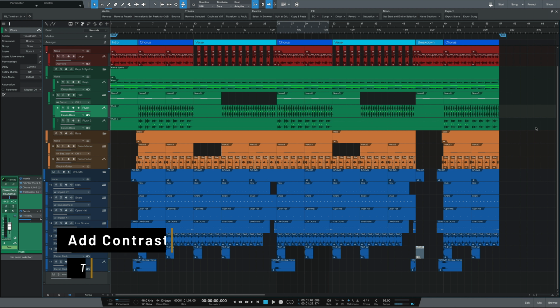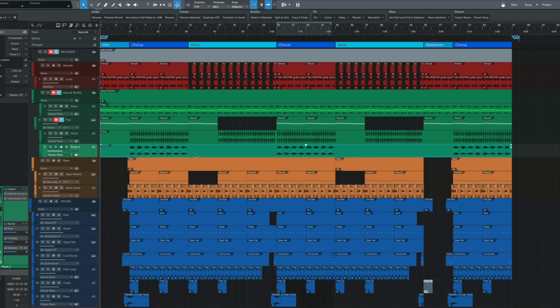Alright, so the first technique is to use contrast. Now, contrast basically means to be significantly different when compared to one another, and for our purposes, this boils down to making sure that you include enough variation in your sections. One of my favorite things to do when creating beats is to make it super easy for the listener to know in what section of the song they are in, and I do this by adding or removing elements